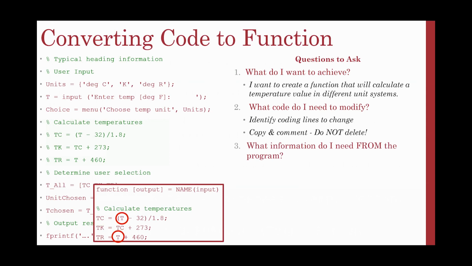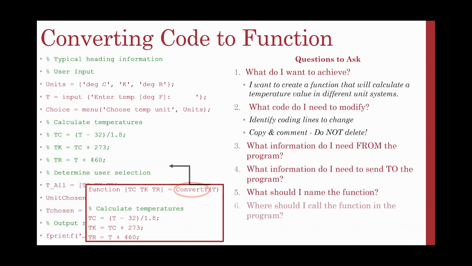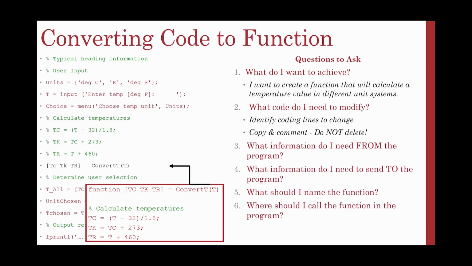Well, from the program, I need a variable t, so that would be my input. What information do I need to send to the program? Well, I need to send my output of Tc, Tk, and Tr, my converted temperature, so those go in my output. What should I name my function? Well, I'm going to name this function convert_t, since I'm converting temperatures. And where should I call the function in the program? Well, I'm going to put it back right after the lines of code that I commented out,